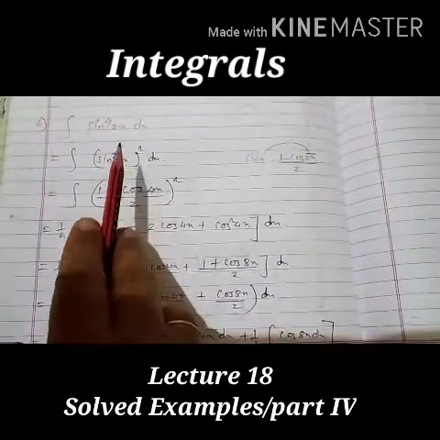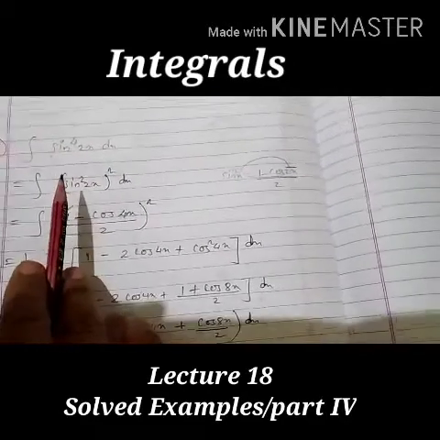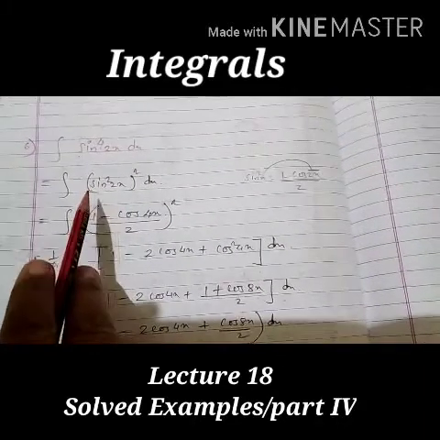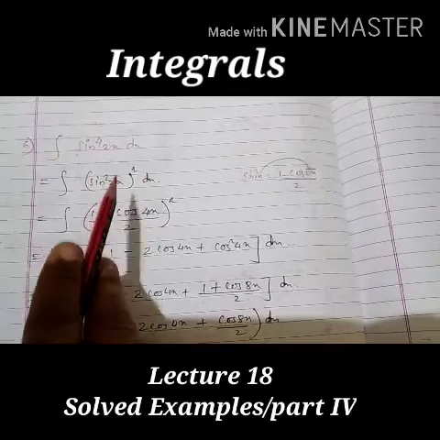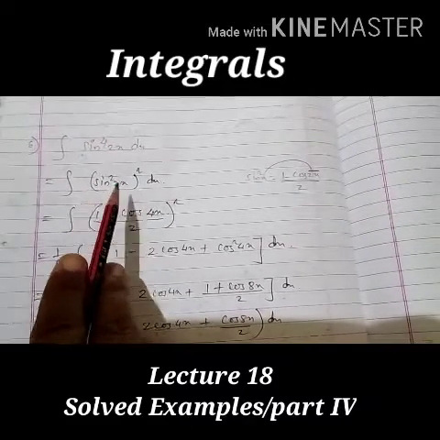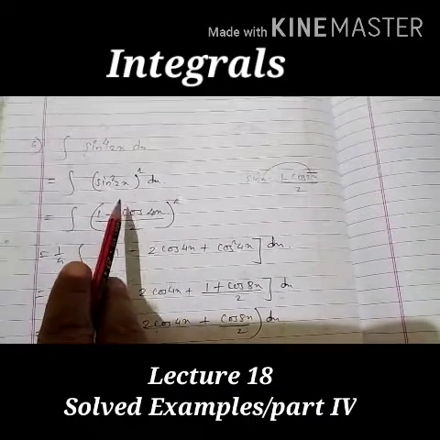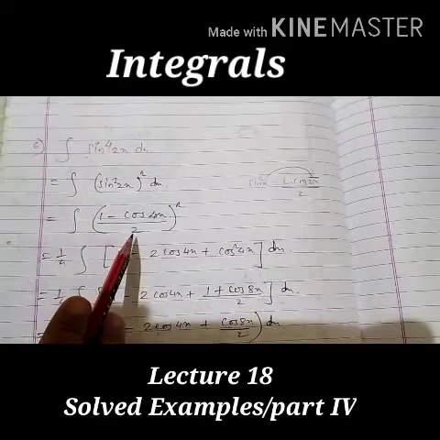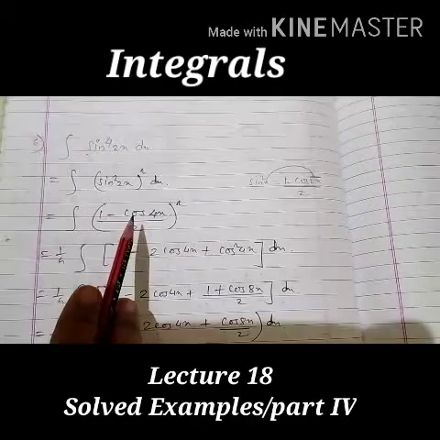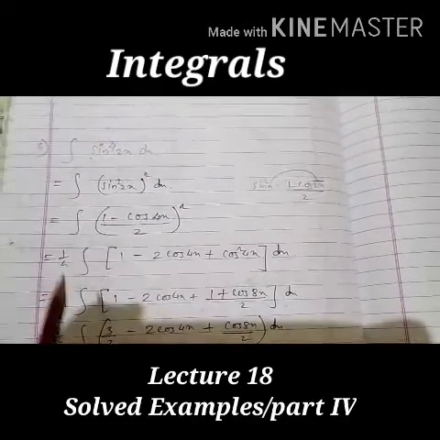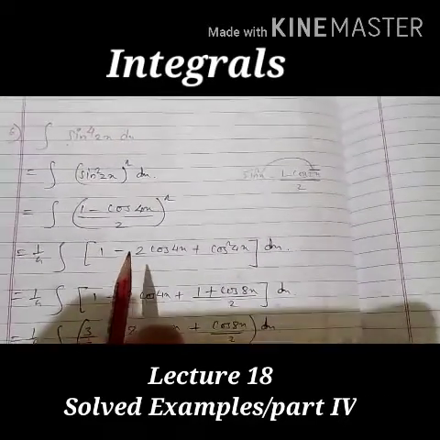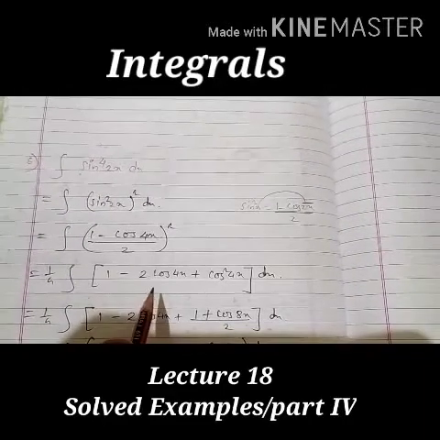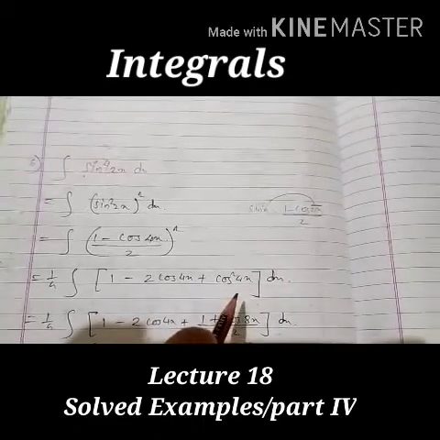As we have seen in the last example that we evaluated the integration of cos raised to 4x. So here also we are doing sine square 2x raised to 2. Now we know that sine square theta is 1 minus cos 2 theta by 2. Now 2x into 2 is 4x, so 1 minus cos 4x upon 2 bracket square. Now 1 upon 2 square will be 1 upon 4. Now we'll do the square of this bracket. Now 1 minus 2 cos 4x plus cos square 4x.